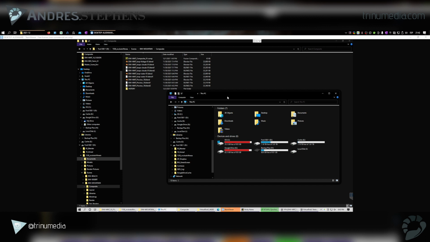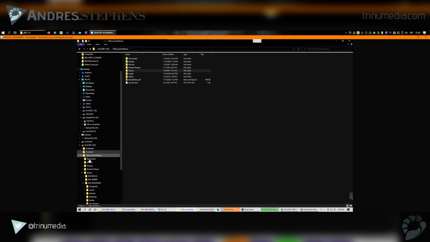So here I'm going to explain a little bit about the file structure of these projects. If we go into the Oculus Fitness project, we have documents, models, pictures, render pictures, scenes, scripts, and videos. Basically, the scenes folder contains the project files, and the render picture folder contains the rendered image sequences. The pictures folder contains texture dependencies, and the models folder contains model dependencies, which could be, for example, a copy